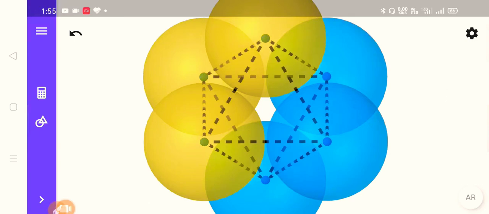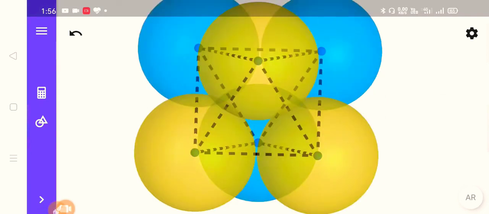To match the exact figure with the figure of the textbook, we have to slightly rotate this shape. So now you can compare the shape mentioned in the textbook and the one in this image as well. You can see the shape in the textbook and the shape you can see here are the same.